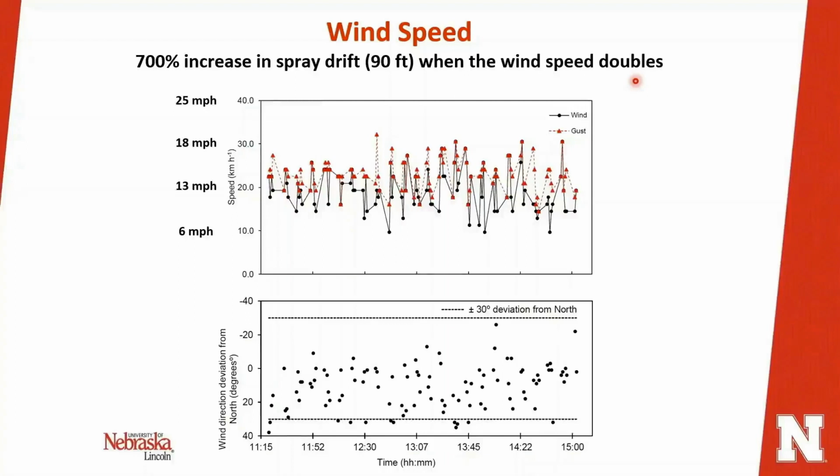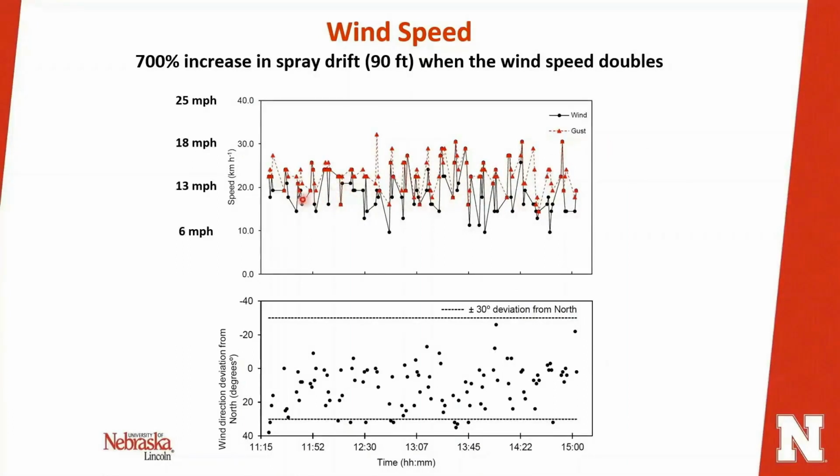And the problem with wind speed is that it's very unpredictable and very dynamic. So it's very difficult for us to try to understand and try to predict the wind in a situation out there in the field. We had this study in North Platte, Nebraska, where we were spraying pesticides during a 4-hour time span. And you will see here in those graphs how difficult it is to understand the